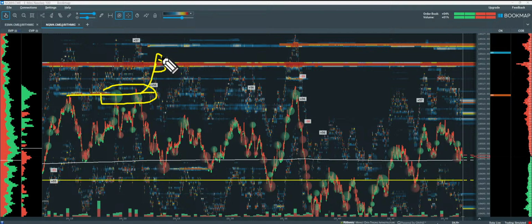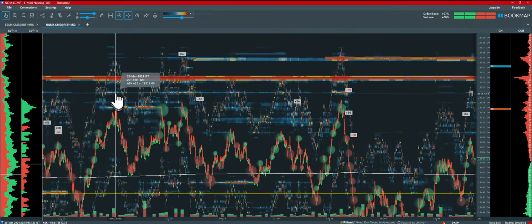Now what we see here is the other way. One more way to use the heat map is when you see something like this, and let's say this was not there, this was blank, and these many orders were not there, and suddenly you see this absorption happening. Now what is absorption? In the case that we just discussed, a lot of market buyers are coming into this market, and at this level, as we just discussed, there is a big passive buyer which we could see over here. Like we just spoke, it has taken the liquidity and gone down.